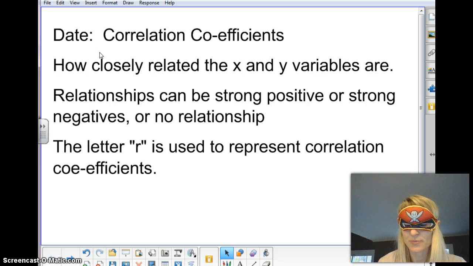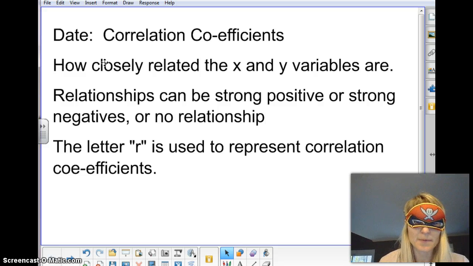And we touched on this briefly before. The idea is how closely the x and y variables are related. Like we had the other day, it was the year and the people who attended the dance. So the R value, or the correlation coefficient, would tell me how closely related the year and the number of